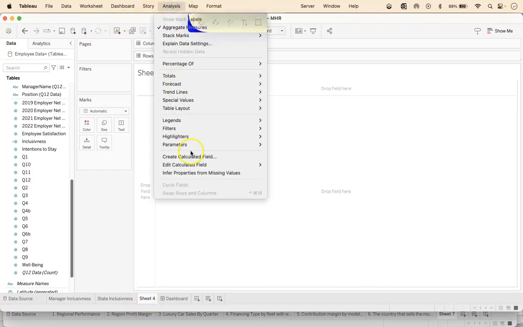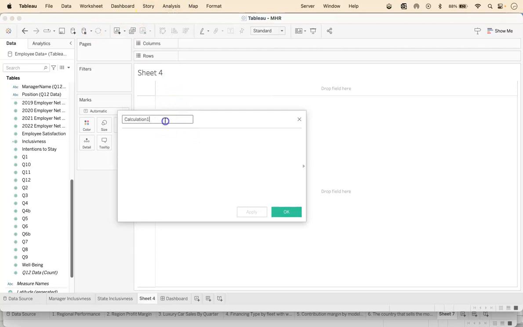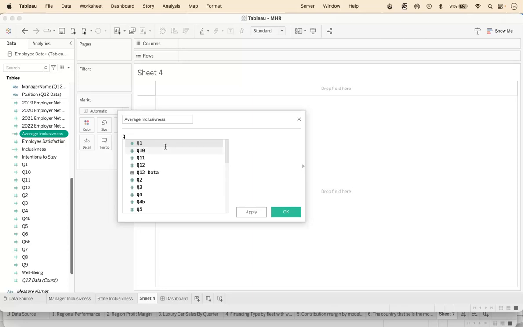I will create a field for the average inclusiveness. For my average inclusiveness formula, I will also be using other tables from my data because they pertain to the inclusiveness, and that will be question 5,